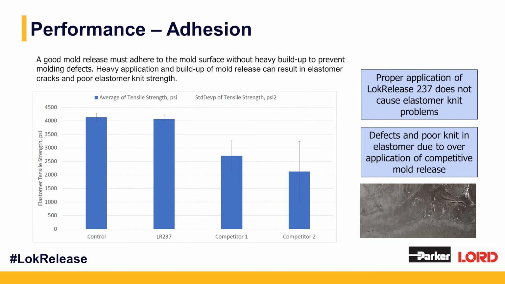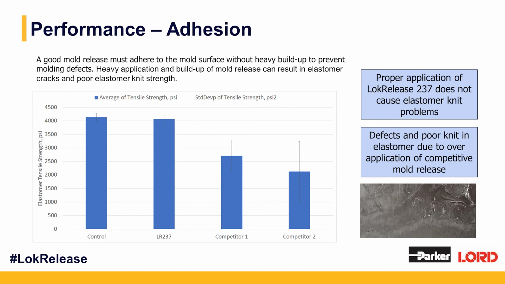ASTM D429B coupons were injection molded after heavy application, and the samples were tested to destruction, and the PSI strength of the elastomer was used to rank the samples and the amount of mold release that had swept from the mold and into the rubber. The control and Lock Release 237 are pretty much equivalent,